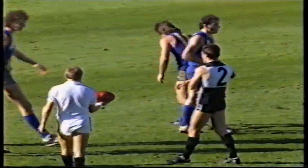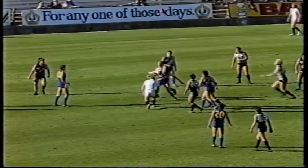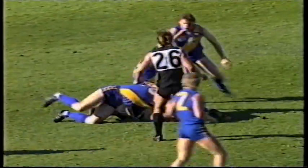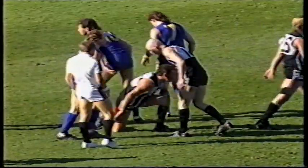Yes, in fact, Darren Smith is still full forward, and that's an interesting tactic when the full forward goes back to mark his opponent's kickoffs. And Darren Smith up again, tried to get it clear. Rendell couldn't get the kick away. Smith can. Under the ball there is Bomber Clifford. He's right on top of the ball now, and the umpire will bounce it at the true centre-half forward spot